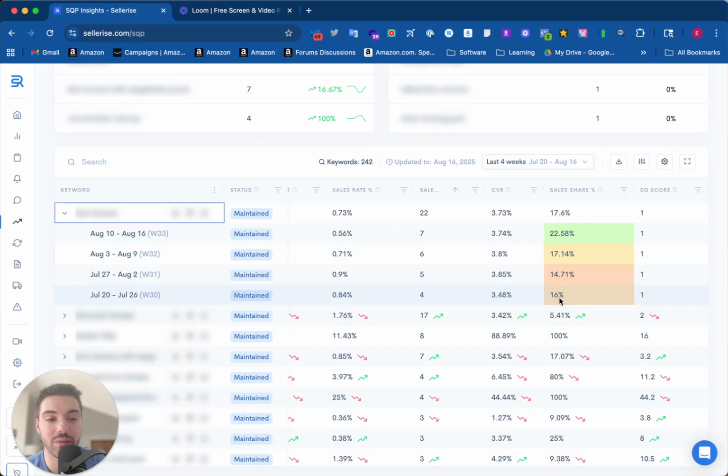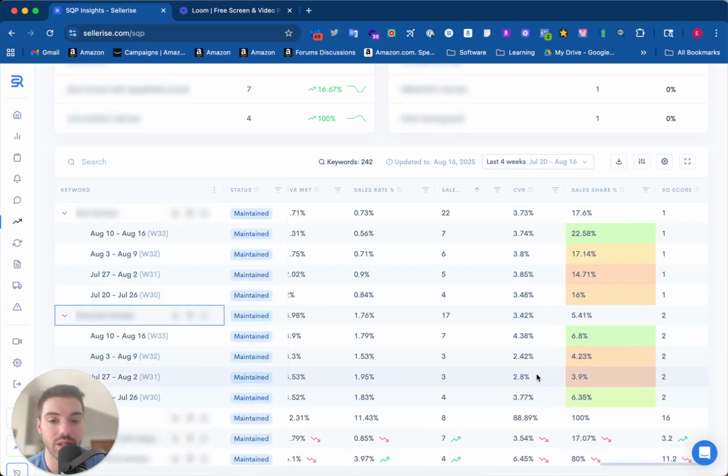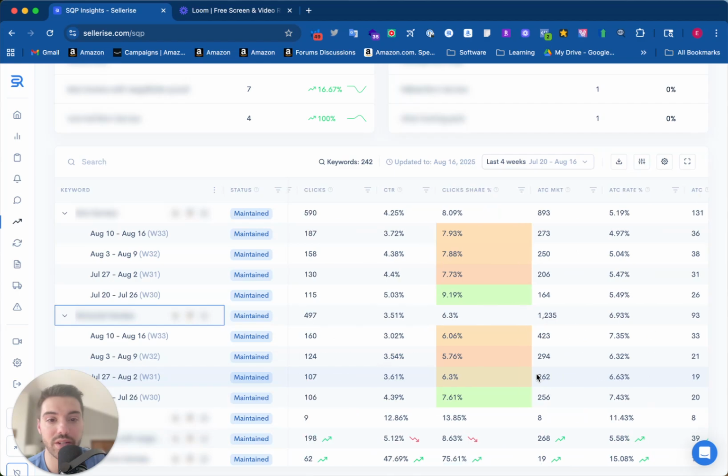And without having a report that shows me past 4 weeks, past 8 weeks, color coding it and making it really simple to see, it is hard to see what our sales share percentage is in a pretty quick way. And then I could go to our number 2 keyword and look for the same thing. What's our sales share been? But then it also does this for add to cart share, click share,